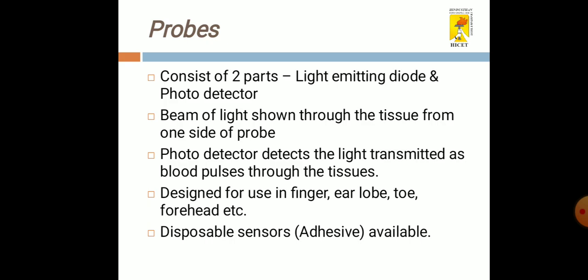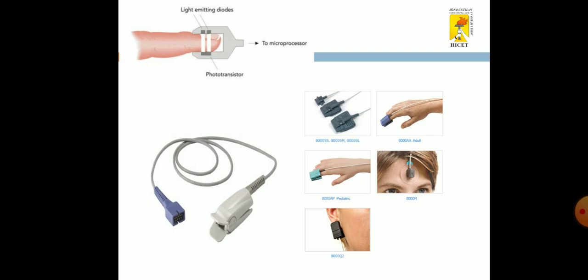The probe consists of two parts, the light emitting diode and the photodiode. A beam of light is shone through the tissue from one side of the probe. The photodetector detects the light transmitted as the blood pulses through the tissues, and disposable sensors are available. So this is the construction diagram for the probe of the